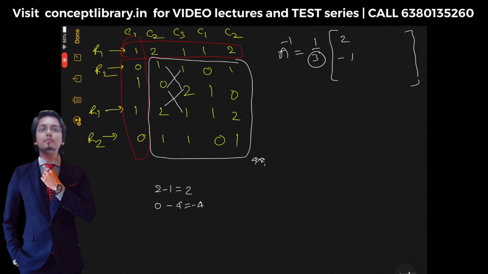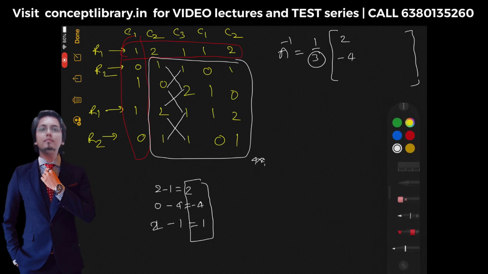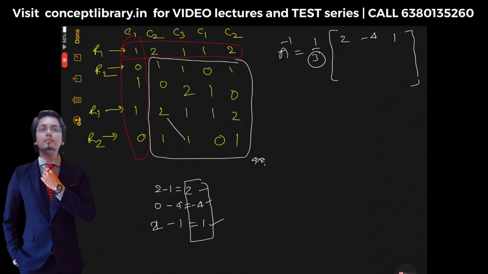So substitute minus 4. Okay. Then multiply this. We got 1. Then we got 2, and then multiply this. We got 1. So total is 1. So we got 2 minus 4 and 1. And the big mistake here I did, that we don't have to write column wise. We have to write this element completely row wise, like 2 minus 4 and 1. So 2 minus 4 and 1. Okay. In same way we have to do for the rest, so erase these lines, done.